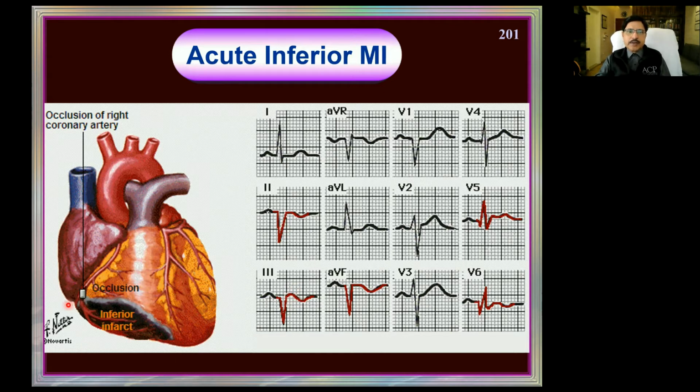What is the culprit vessel? The culprit vessel is the RCA, the right coronary artery. The presentation will be diaphragmatic, since inferior means diaphragmatic. The patient may have persistent hiccups, and may present with left or right shoulder pain, radiating pain in both shoulders. The hiccups and the epigastric pain are the features of this particular patient. And this is an inferior wall infarct without extension into the anterior or the lateral wall.